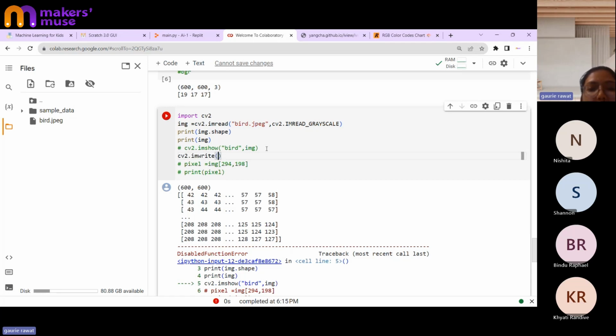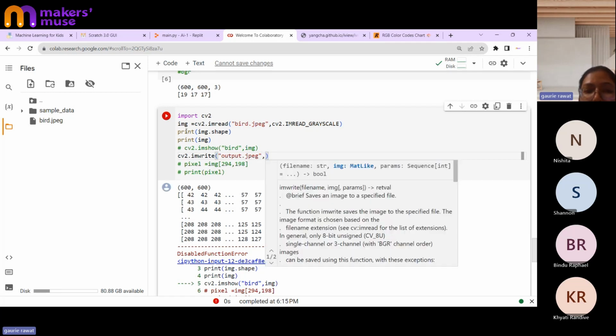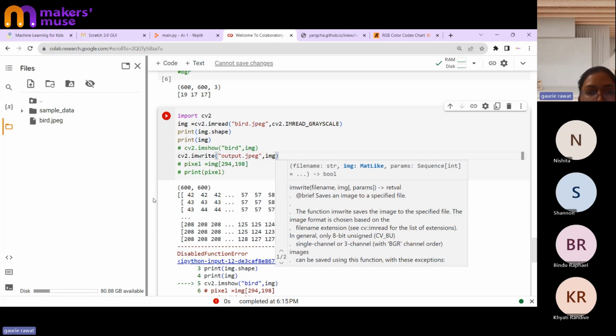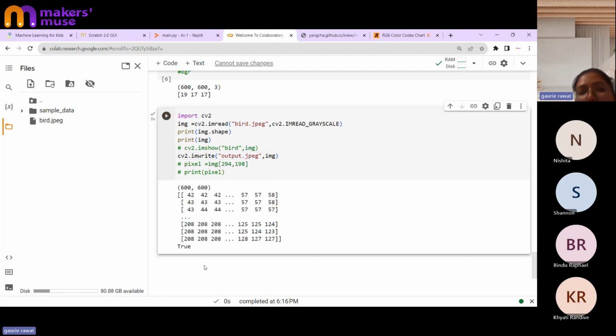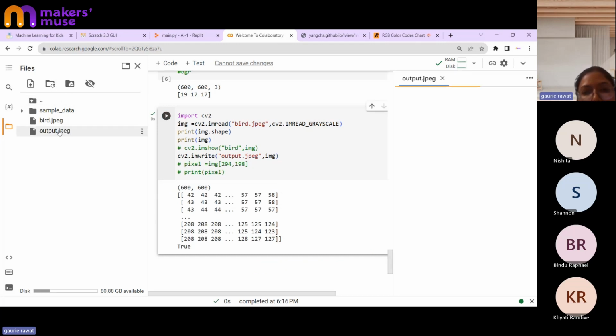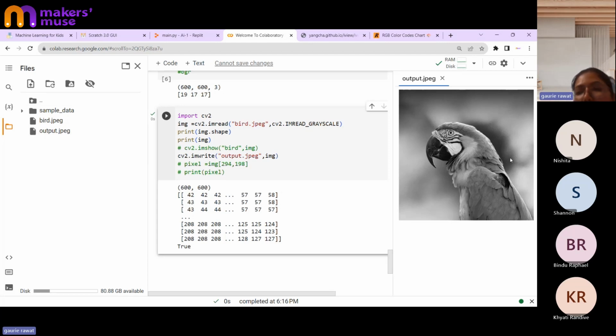Now over here, the first thing, what should be the name of the file over here? So I just name it. Like I have this bird.jpg and nothing over here. So I'll just write a file name output.jpg. Okay, comma, and which image do I want? This img image of mine to be uploaded. So I just write img over here. Okay, and now I just run it. Okay, no output, no errors. I'll just refresh the screen and you'll see an output.jpg, and you'll see that it's a black and white image with all but the gray intensity of it. Right? It's the same image that has been uploaded.